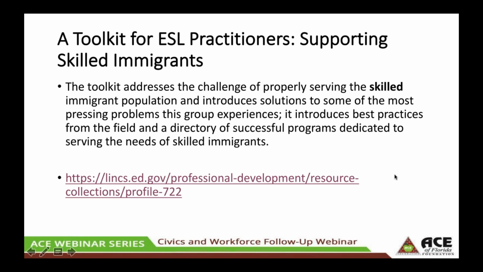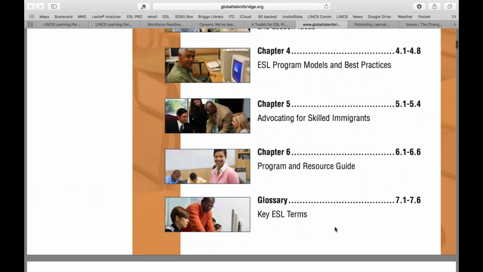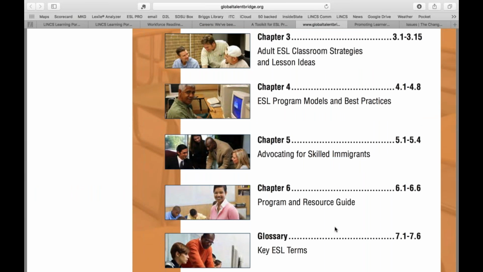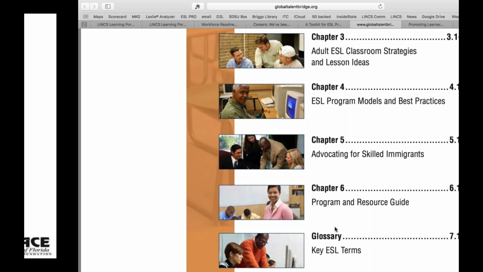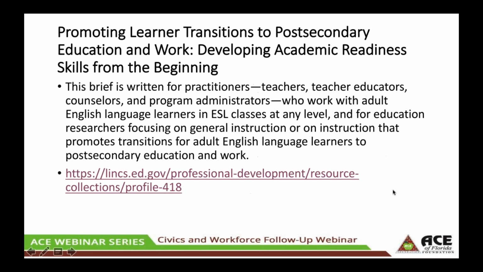But actually, connected to that, I don't know whether this resource, the toolkit resource, would answer that question, but it might well. Program and resource guide advocating for skilled immigrants. You never know, it might have ideas of how to get documents translated and resumes translated in there. Okay, another resource,